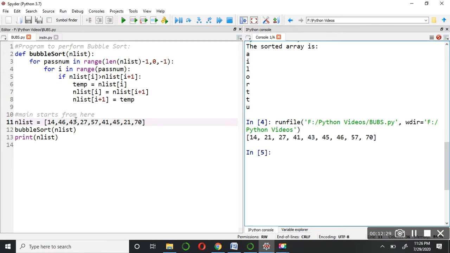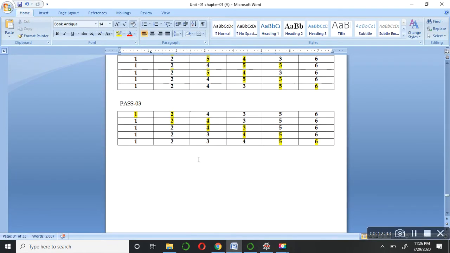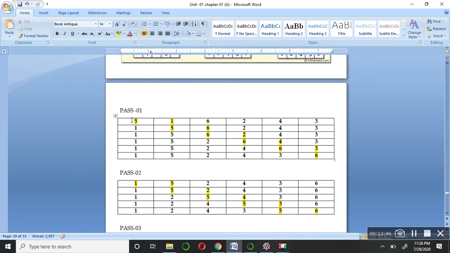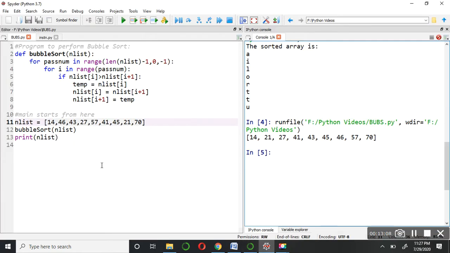So how does it work? As I have just told you, we are going to take two loops here. What is the work of the outer loop and how does this inner loop work? Let's see. As I have told you, if we are going to apply the loop only once, it will work only for one pass. But our problem is not yet solved. So for the same scenario, we have to apply another loop above the loop which is working for the pass. So now the thing is clear.